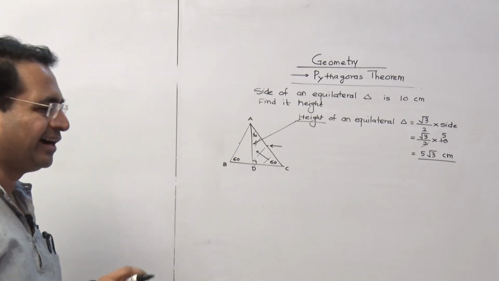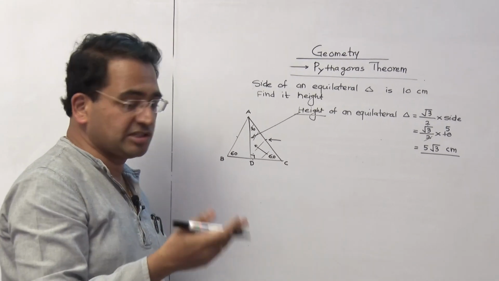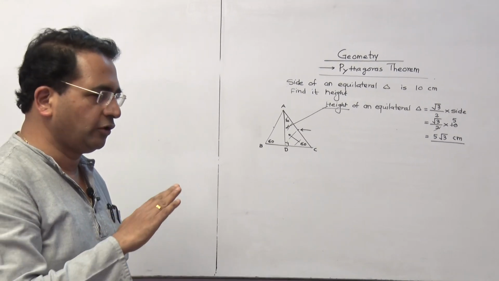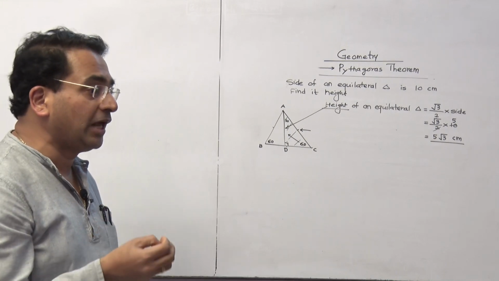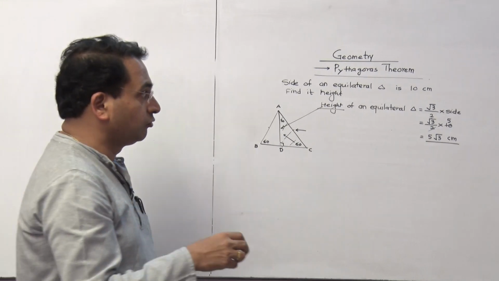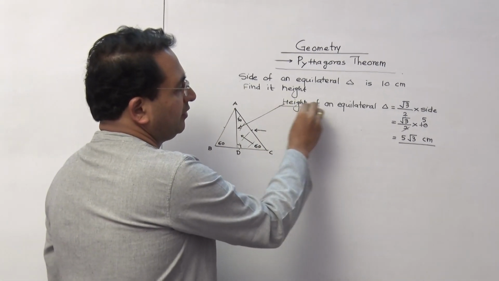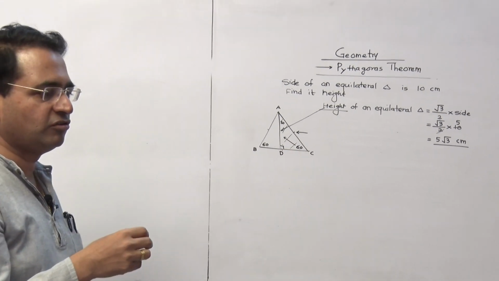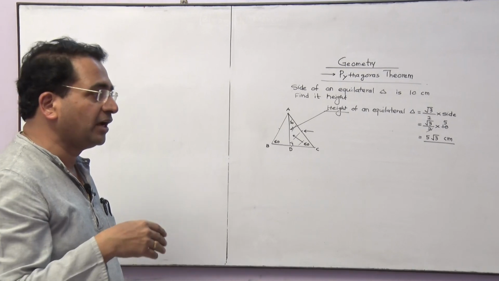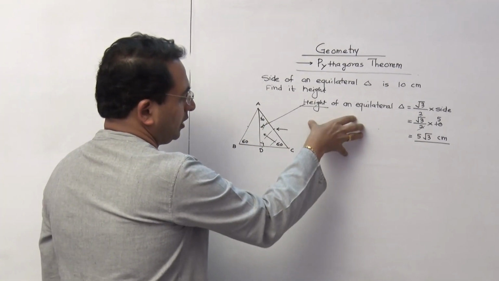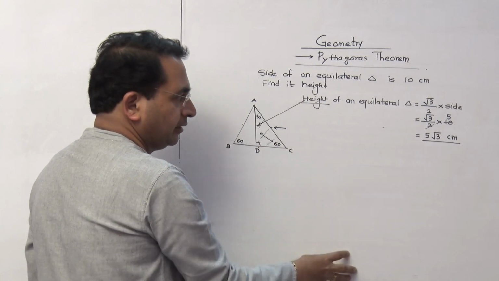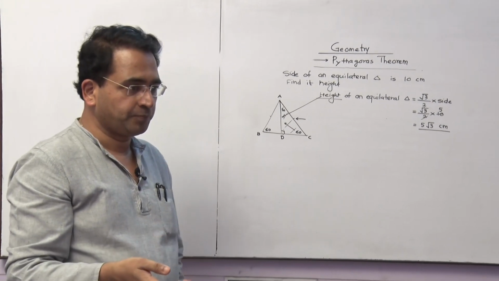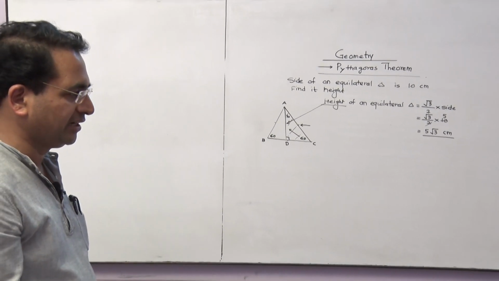Same questions are asked in the textbook. They will be asked in your board paper also. So please keep in mind that there is no need of drawing a diagram. Direct formula application is also possible. So adopt this, because this can be done within 1 or 2 lines. And marks reserved for these questions are either 1 or 2. So don't draw a diagram and write a long, lengthy explanation. That is of no use. You are unnecessarily wasting your time, which is not going to be converted into marks.